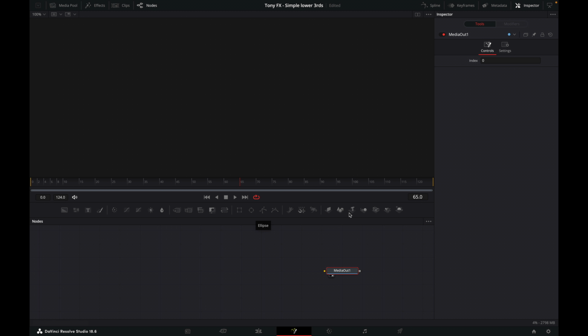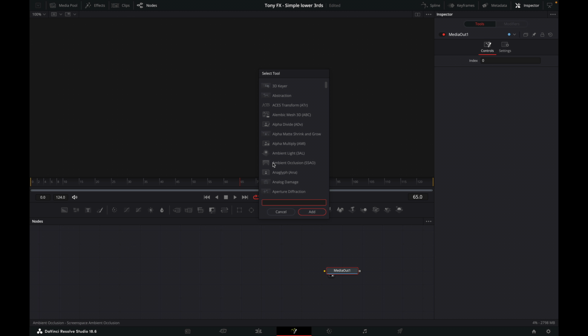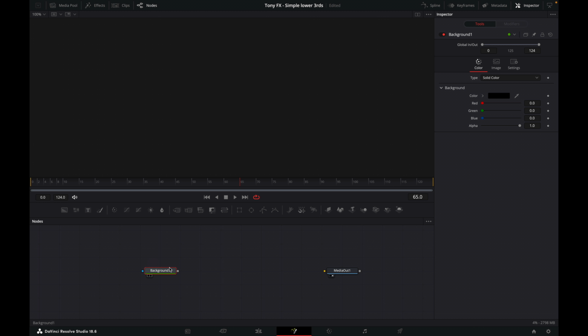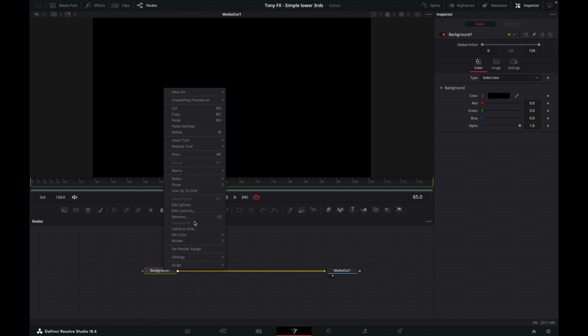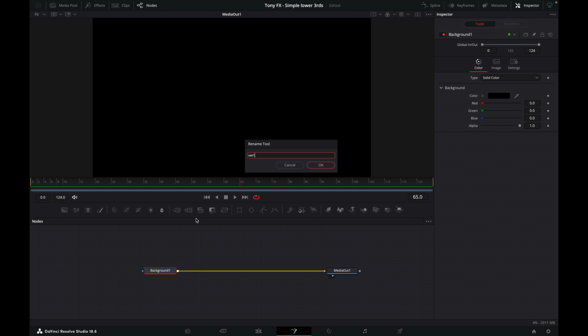So here on this toolbar, you can drag in different things. These are like the most common tools that you might need. You can also find other tools by doing Shift and Space, and then that brings up this tool selection box here, so you can type in what you want. But we'll just use it here, so we'll drag in a background, connect this background up to our media out, okay? And let's rename things as we go along as well. So let's call this vertical line,